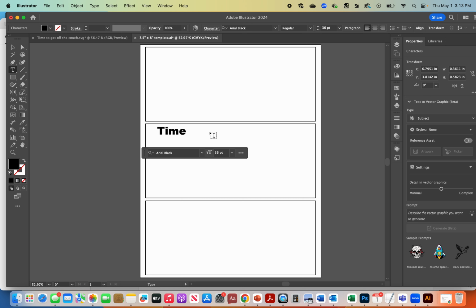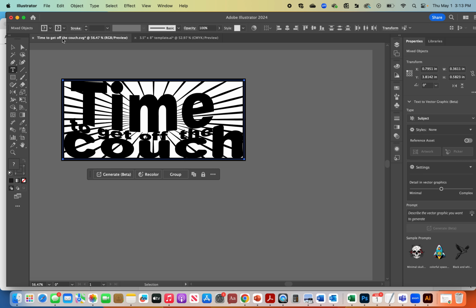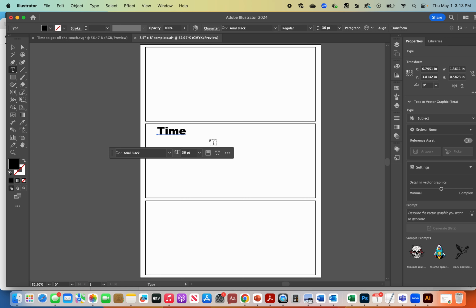I could simply return to type the next words, or I could keep typing them in that line, but I'm going to click over here to my final file. I'm aiming for a very large word "time," a smaller size for "to get off the," and a large word again for "couch." So in order to manipulate those sizes a little bit more easily, I'm going to enter these words